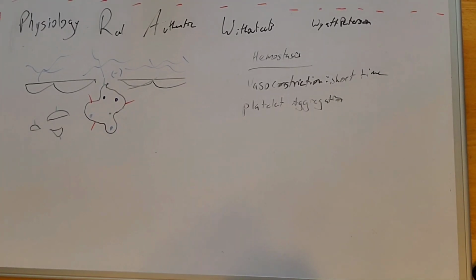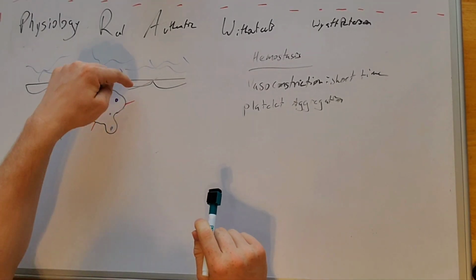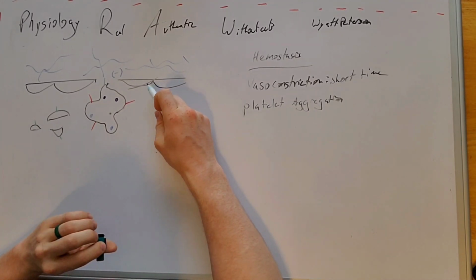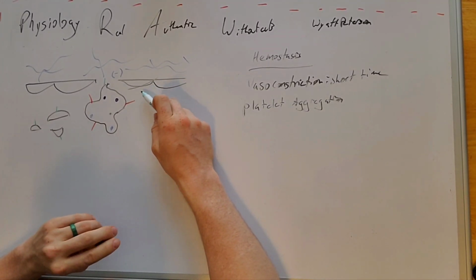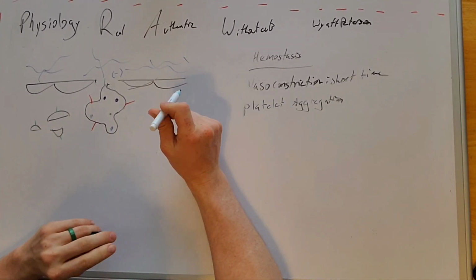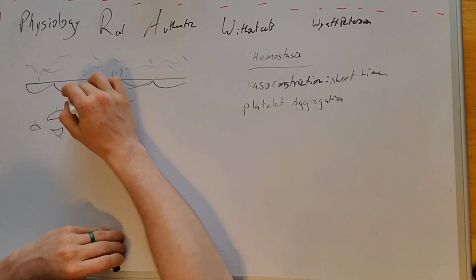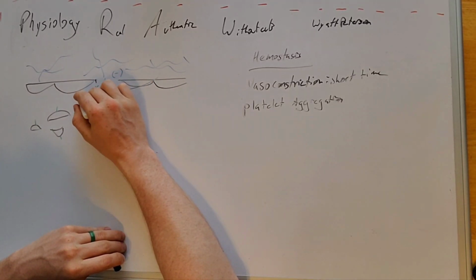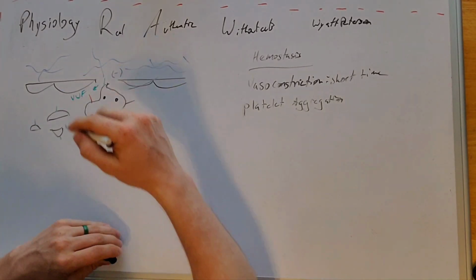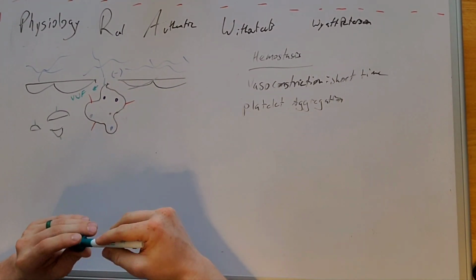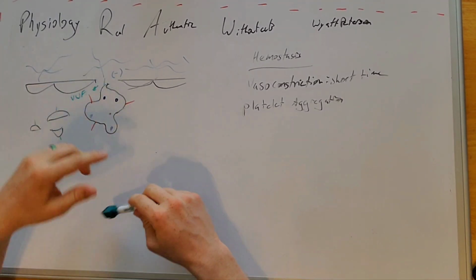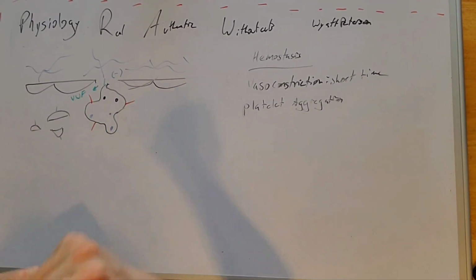So the first part of platelet aggregation, you see that there are these little bumps along the vessel, and those are the endothelial cells. When they're damaged, they're going to start releasing this von Willebrand factor. And also these blue things are the collagen,